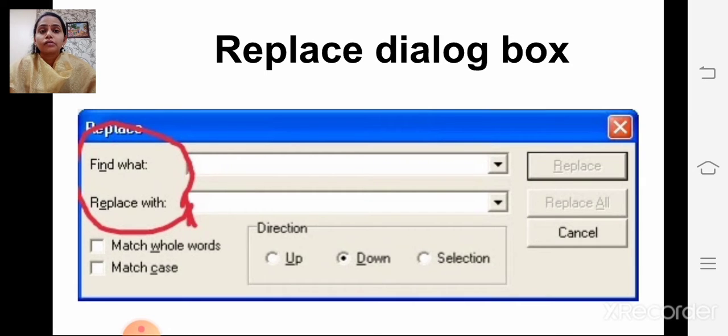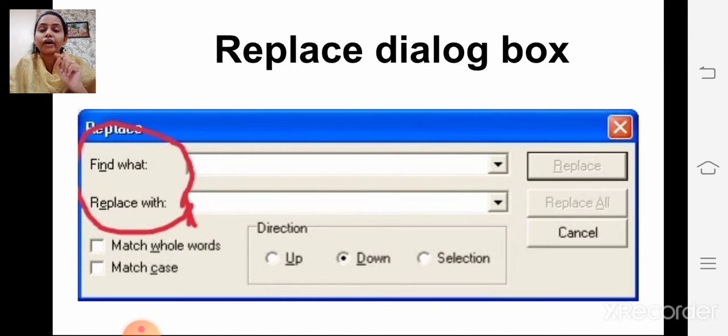Now see, this is the replace dialog box. Here two columns you will get, two blank spaces. In Find what, you have to write the text which you want to change.